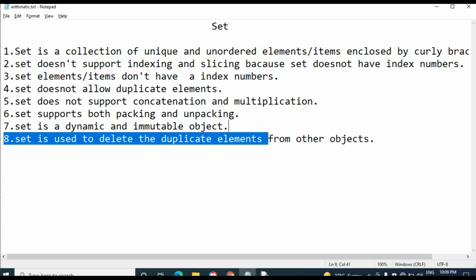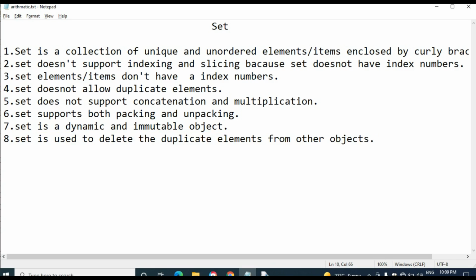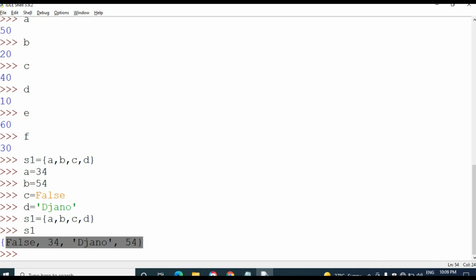And a set is used to delete duplicate elements from another object. If we want to delete the duplicate elements from a list, string or tuple, we can use a set, and we can easily remove the duplicate elements. That's the point given here.